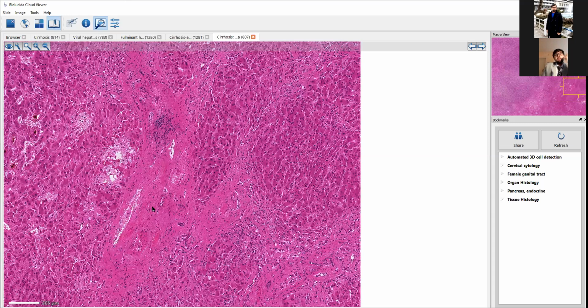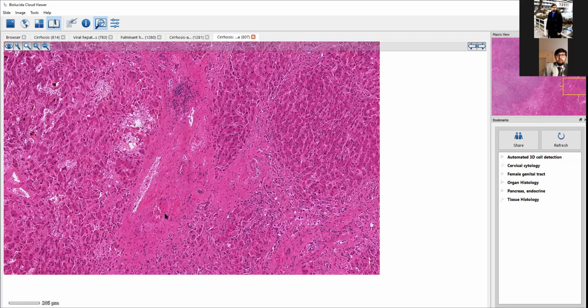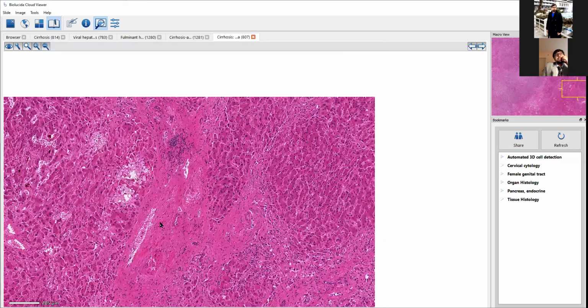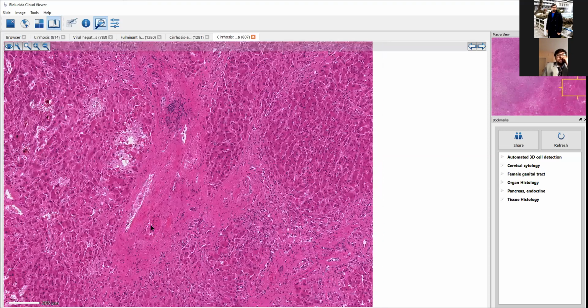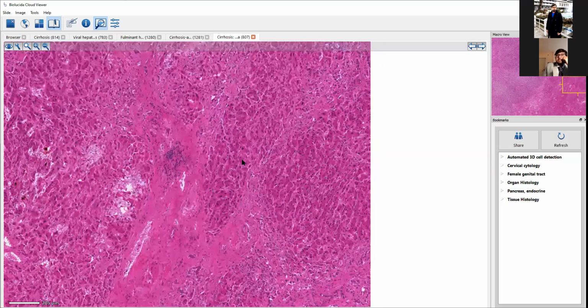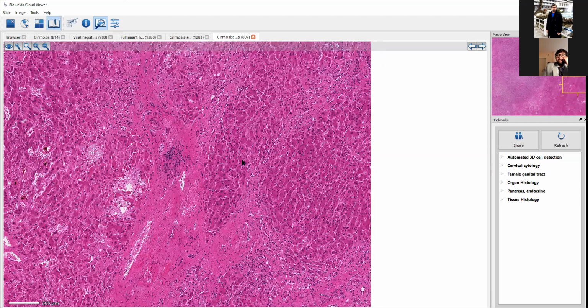They are very wide. I can't see any portal triads here because the portal triads have been destroyed. See here, I don't know if you can make out, but here is your portal triad damage. At this point, not only has it been damaged, it has also been phagocytosed, and there's necrosis. Then I also see that each of these cells is very interesting in the sense that they don't have one nucleus, but they have two nuclei. Remember, if a hepatocyte has more than two nuclei, then it is hepatocellular carcinoma without fail.